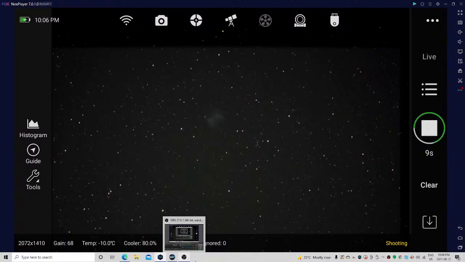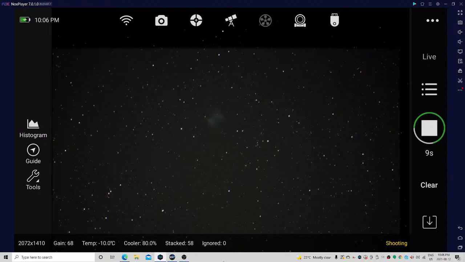There are some other methods for aligning called drift align and some other means to do that, but I've got it fairly close at the moment, so I've been kind of working that for the last couple of weeks, getting it closer and closer and able to get longer and longer exposures without trailing stars. So hopefully I will get it even closer in the next few days for longer exposures for deep space objects,